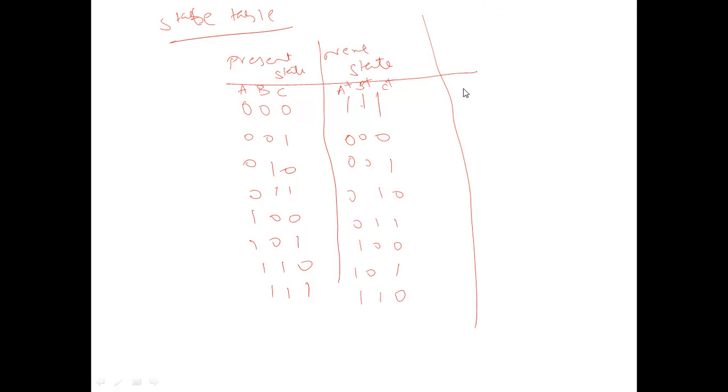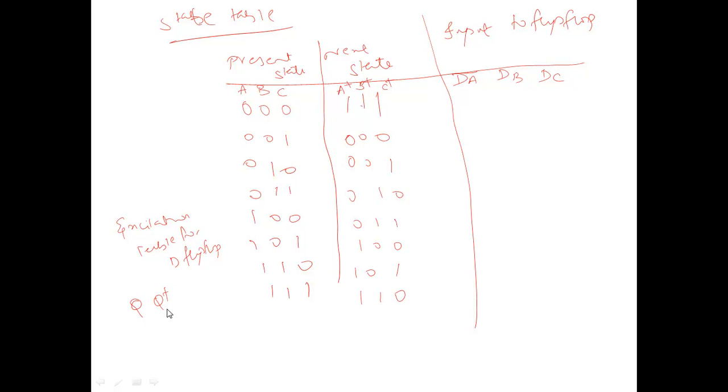Usually the T flip-flop is very easy, so I am giving it as your work. I will do it with the D flip-flop here. You have to put one more column to decide the input to the flip-flop. So let us take our design example with the D flip-flop, and I will write it as DA, DB, DC. Again I am telling you, go check the excitation table for the D flip-flop.